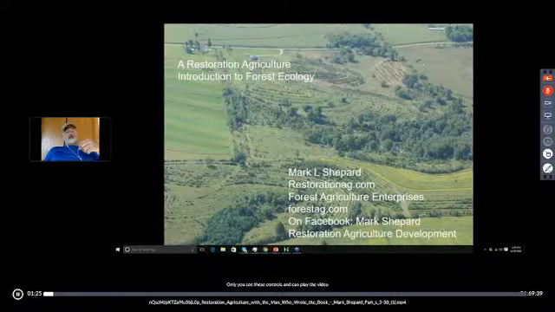The picture right here is of New Forest Farm, where I eat, sleep, drink, and breathe ecology principles on a daily basis. But that's not how I always was. I tried to move the slide, Wayne, and it wouldn't let me, so you're going to have to go to the next one, if he's even still there.